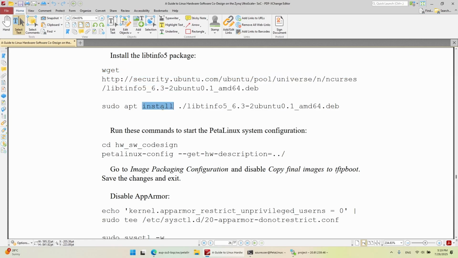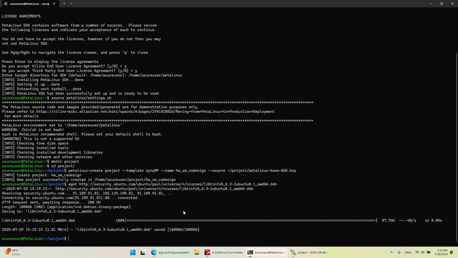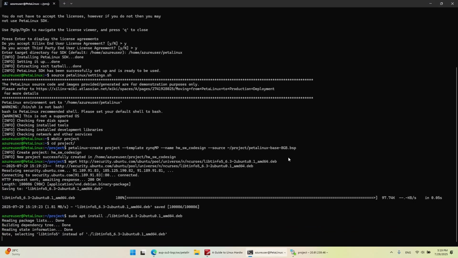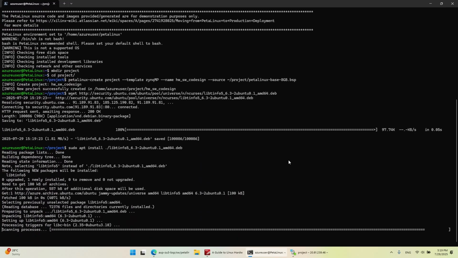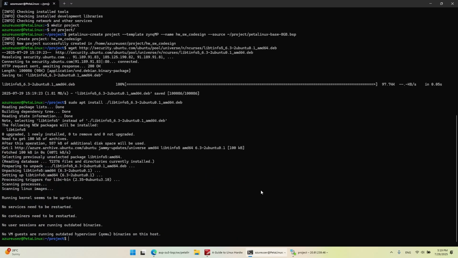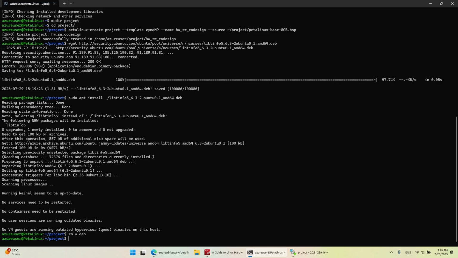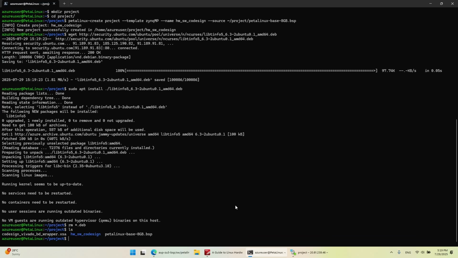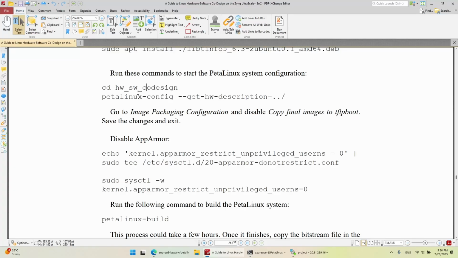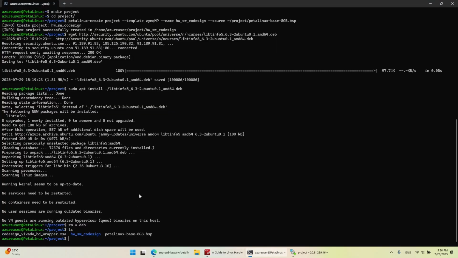Then we install this package and we can remove this Debian file. So if we list the files there, we should see the XSA, the board support package, and the hardware co-design folder. Then we open the hardware software co-design folder